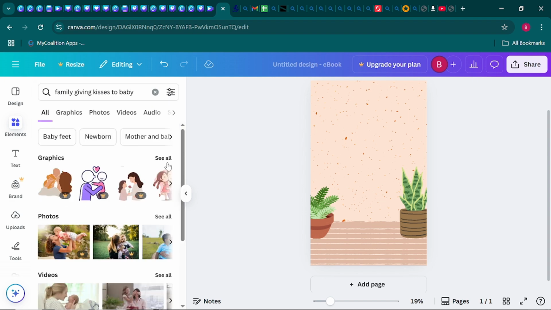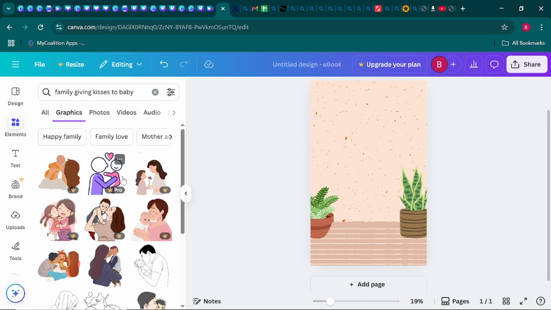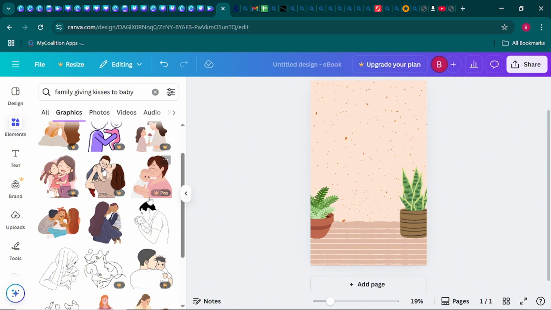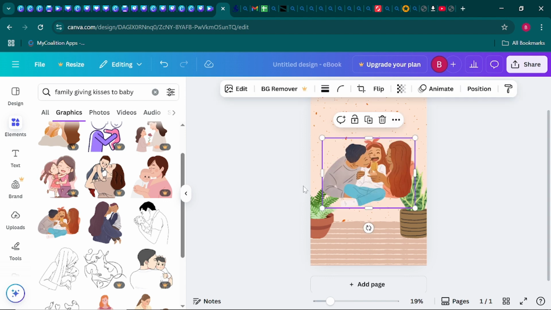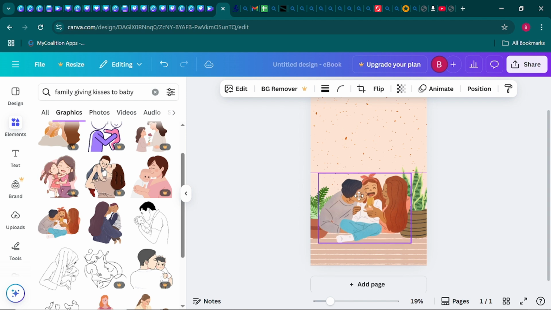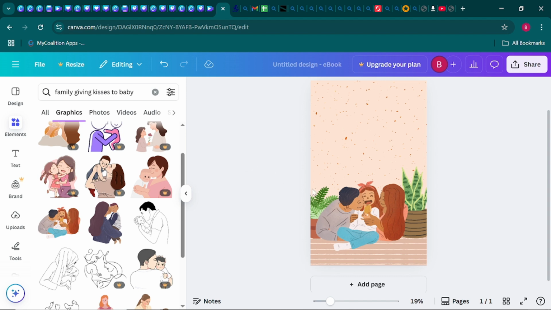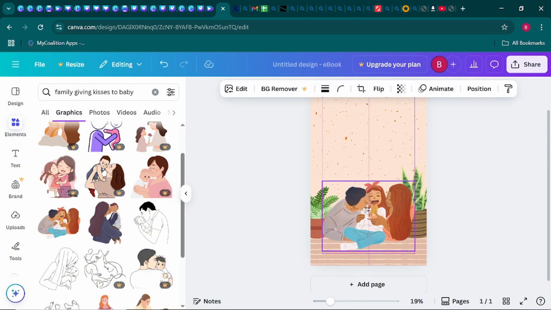So we come to graphics and click on see all. See, there are different illustrations, but this is the one I want to use here, this particular one. So I just click on it to get it, and bring it down a bit. This is okay by me. So now I have this. Maybe I should just bring it